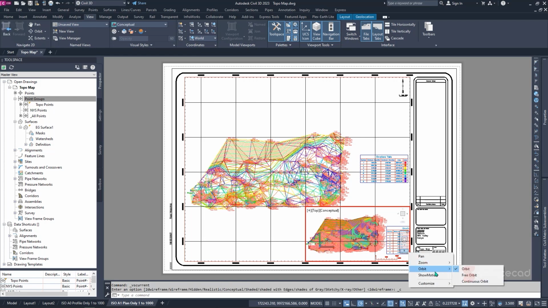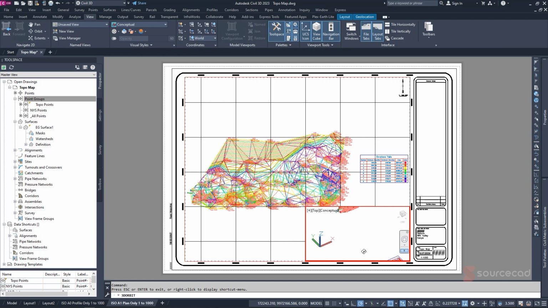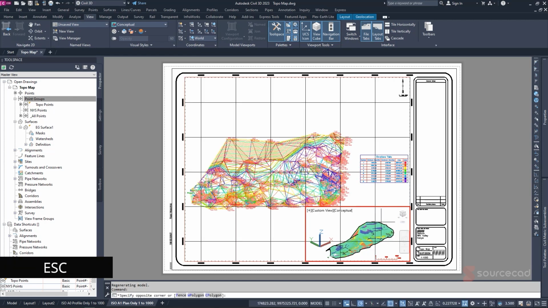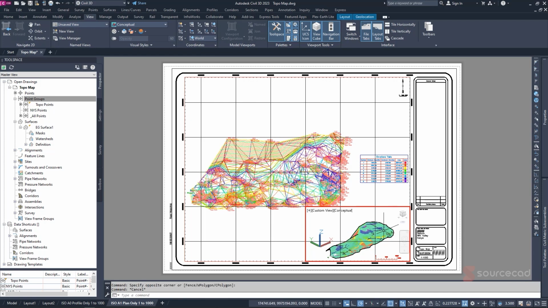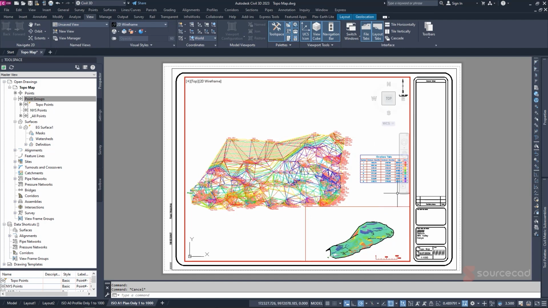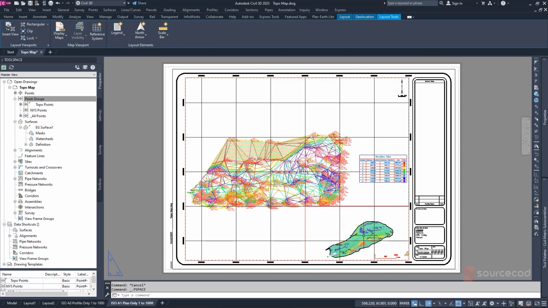You can select from the tools we want to orbit, so click on orbit. We want the normal orbit like so. Hold down so that you can pan around and place it in place, something of the sort, and that's how it looks like. I'll hit escape so that I can select the specific items that I want to display. So that's the way it looks like, and to me it looks good, so I can just double click away, and right now we'll have the updated display of our surface like so, as well as our 3D down here,